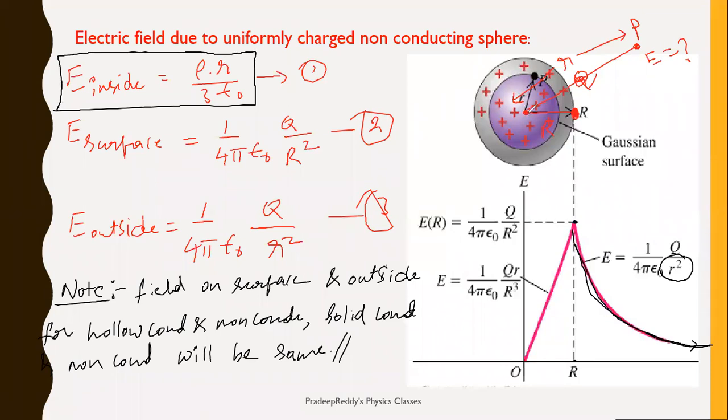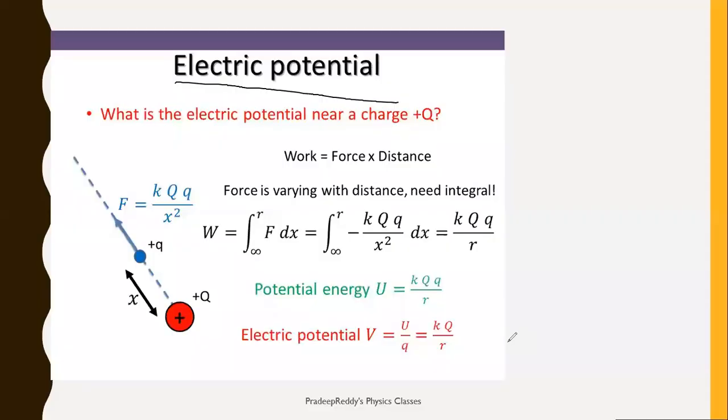So as at the center, small r will be equal to 0, equation 1 will tend to become 0. So at the center, field will be 0. From the center, if you go out, it goes on increasing till it reaches the radius. And on the surface, its value is fixed, 1 by 4 pi epsilon naught Q by R square. And outside the surface, its value goes on decreasing, just like how it is shown in the graph. Very, very important conclusion, students. You should remember these values for solving problems. Pay attention, students. This is also one of the important concepts in this chapter.